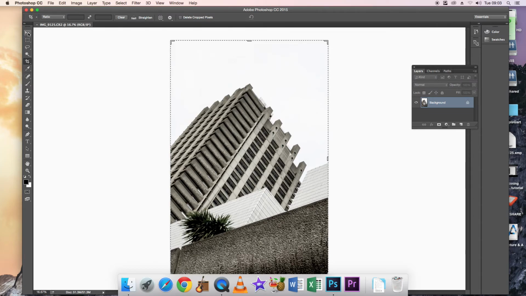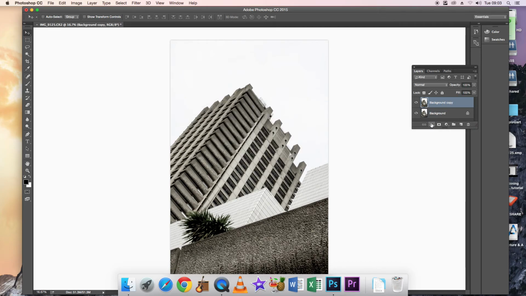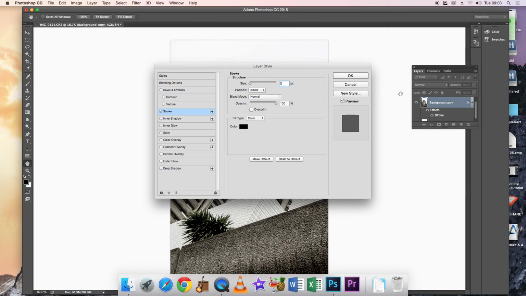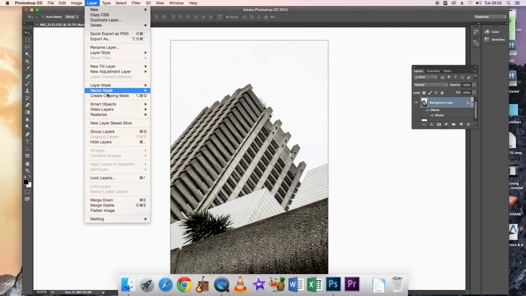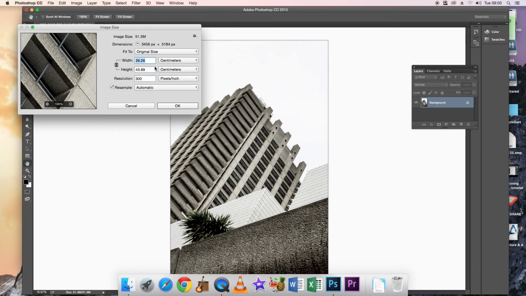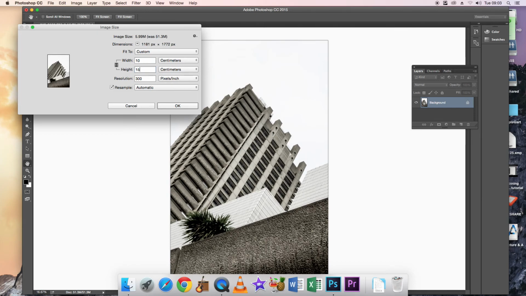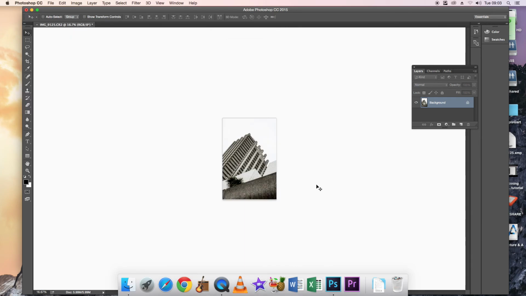Okay. So all I would do, if I take this off, you can see it's a white sky, because it was very cloudy that day, it's not going to have a strong contrast against the white background. So right click, duplicate the layer, click on FX, click on stroke, 2 pixels inside, OK, and then Layer and Flatten. Always remember to go to Image and Image Size, make sure it's 15 by 10. As you can see, this image is too big, so change it to 15 by 10, and OK. And that's it, that image is ready to upload to